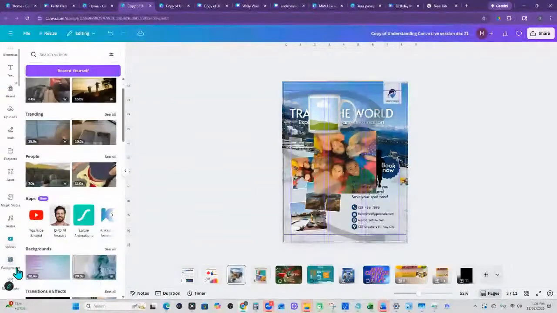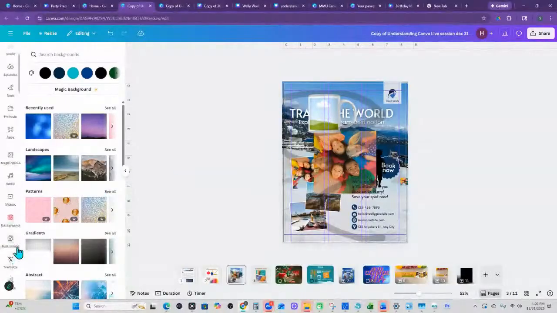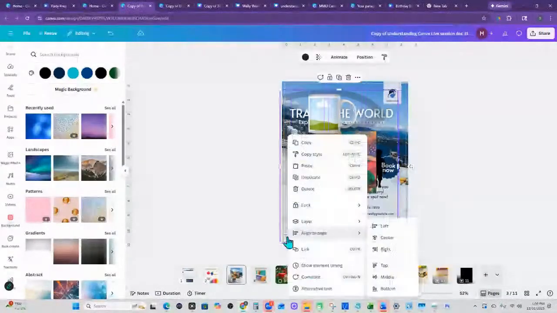Your background is the actual background, because you can make images the background, you can make colors the background, and just change that out, and you don't really move it, it's just there. In order to move it around, you have to double click to go into crop mode. But that's what backgrounds are. But anything can really become a background. Anything. You just right click on it, and